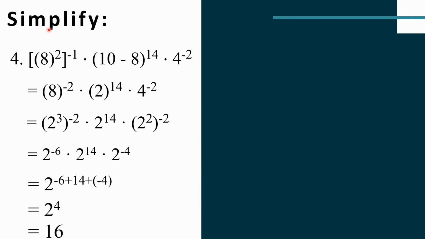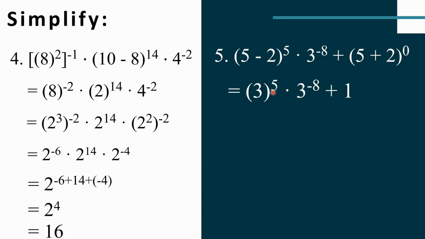Lastly, we have 5 minus 2 quantities raised to the power of 5 times 3 raised to the negative 8 plus 5 plus 2 raised to the power of 0. So, unahin ulit natin itong nasa loob ng parenthesis. 5 minus 2 is 3. Then raised to the power of 5 times 3 raised to the negative 8 plus. Bakit to naging 1? Ayan, kasi po, ang kanya pong exponent ay 0. So, we have 1. So, we have 3 raised to the 5th power